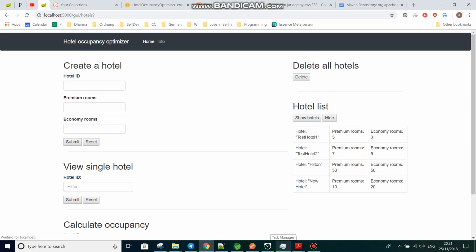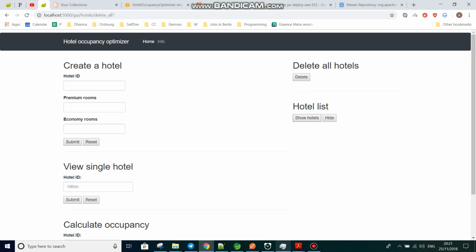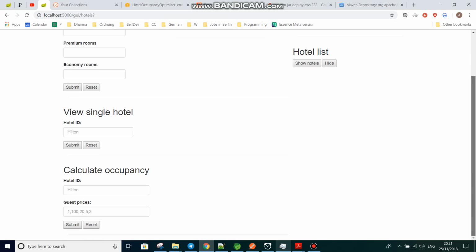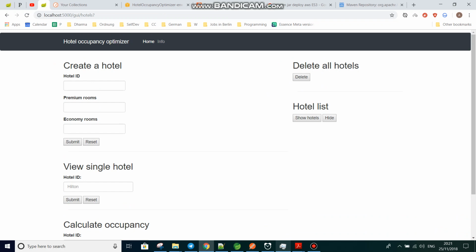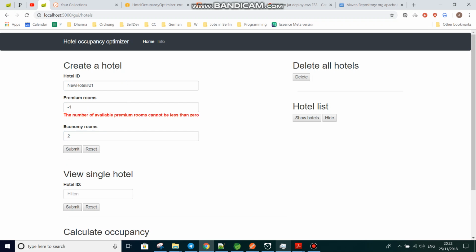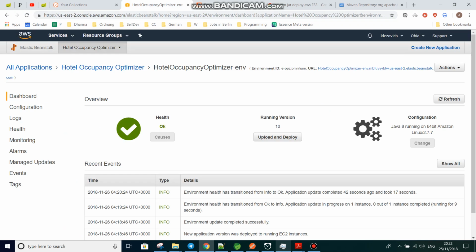And here are hotels. You can actually delete them all, so no hotels anymore. And there's also like validation, say like new hotel number 21 and -1 to, let's say, you see you will get an error. So nice front-end stuff. You can also check out